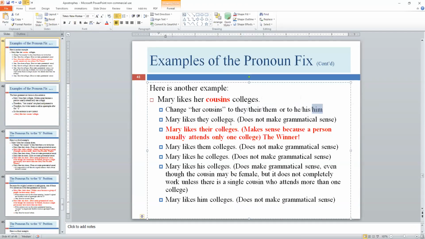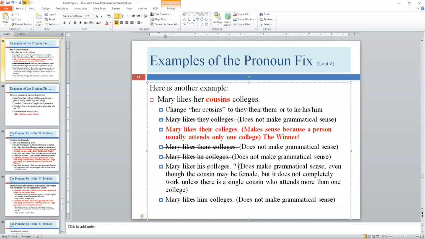Mary likes they colleges. That doesn't sound good to our ears. Mary likes their colleges. That sounds good. So let's move on. Mary likes them colleges. No, that doesn't sound right. Mary likes he colleges. No. Mary likes his colleges. This doesn't sound terrible, awful, dreadful, but